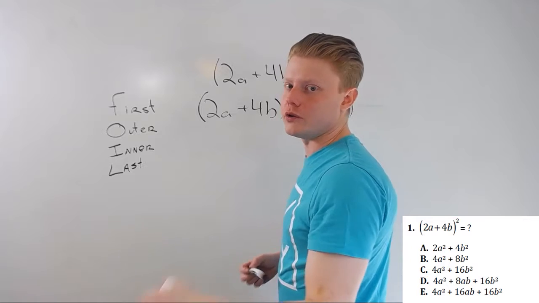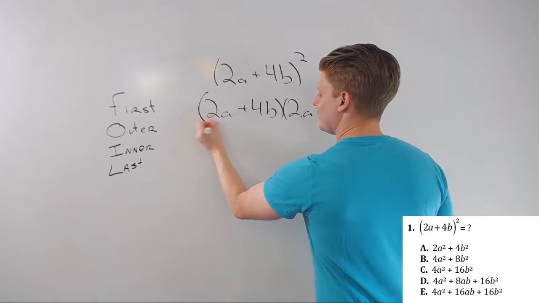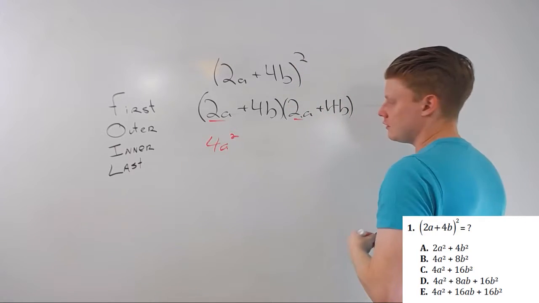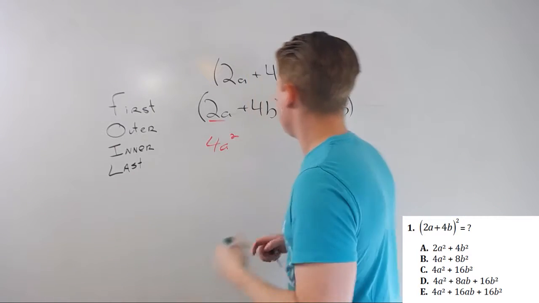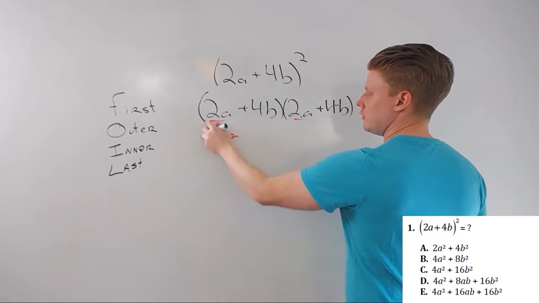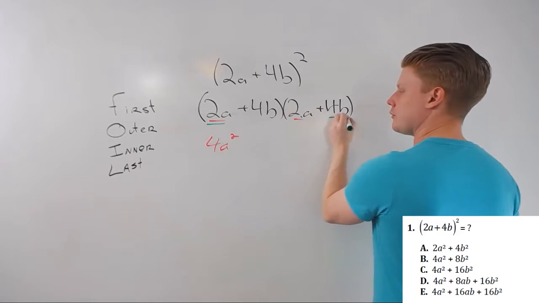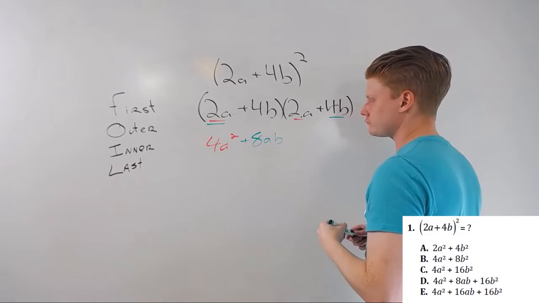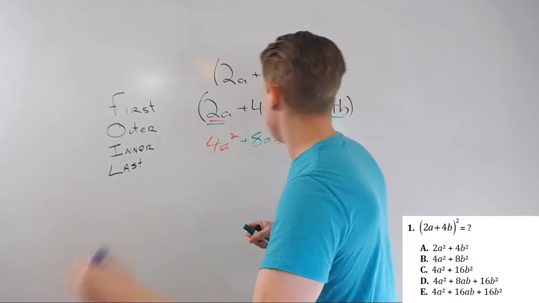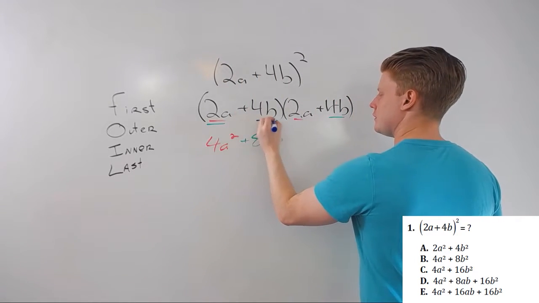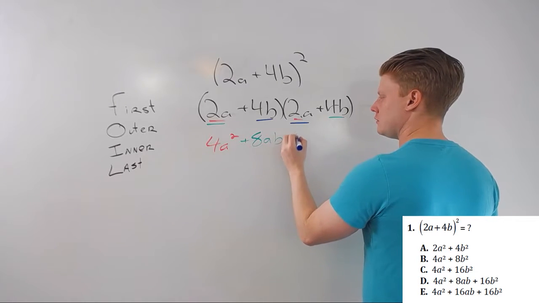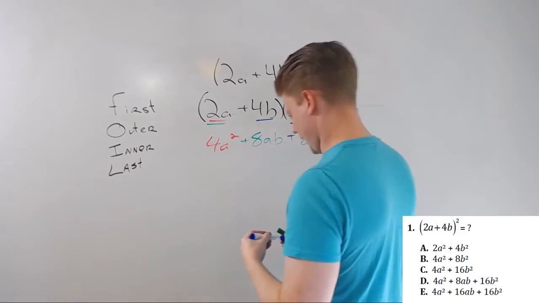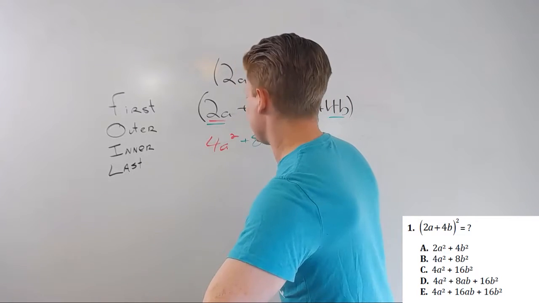I assume you're doing it with me. 2a times 2a is 4a squared, right? Outer, 2a times 4b is plus 8ab. Inner is 4b times the second 2a, 8ab. And last we have 4b times 4b,